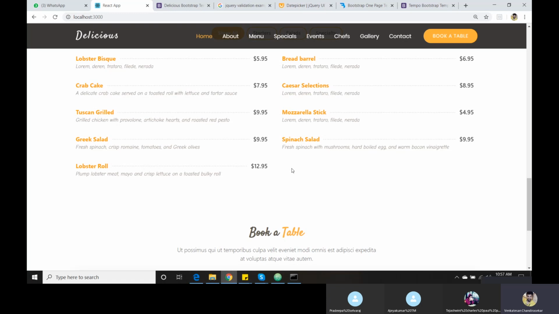If you say yes, then it will redirect to 3001. It will increase. If you want your own localhost port instead of 3000, like 8000, 80,000, like that.